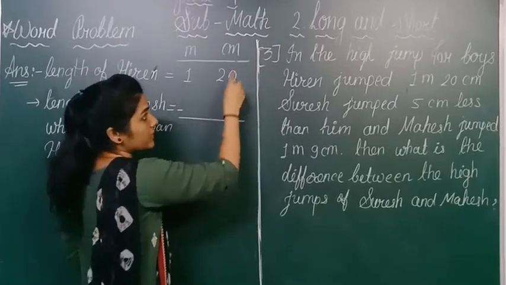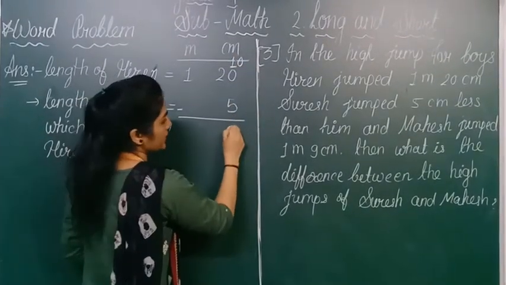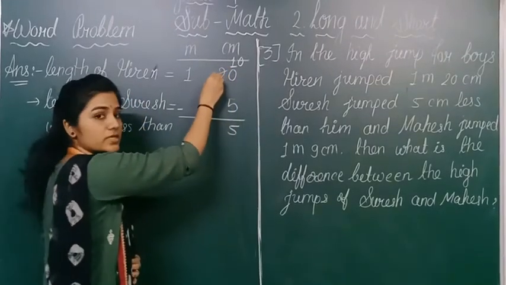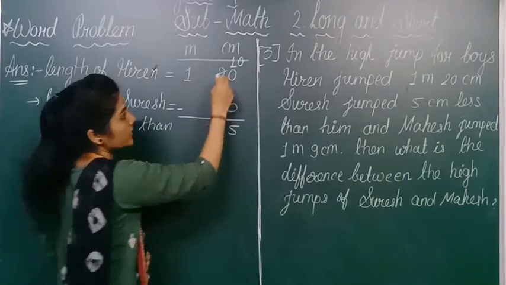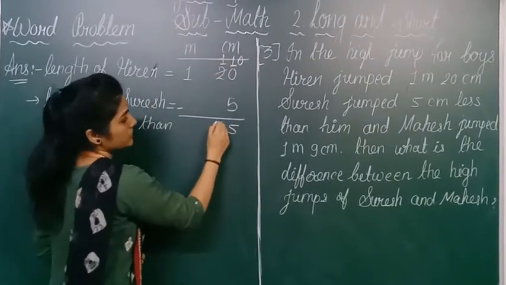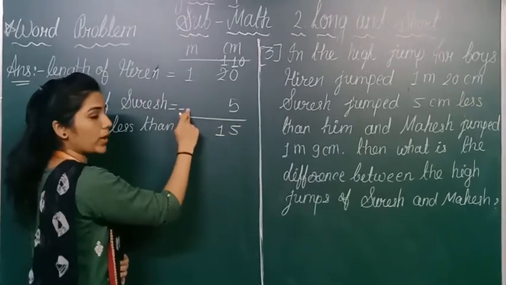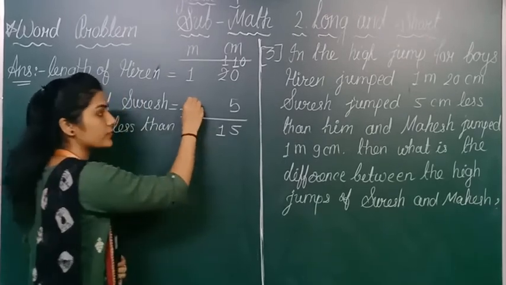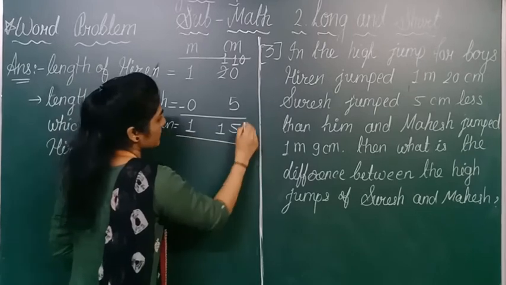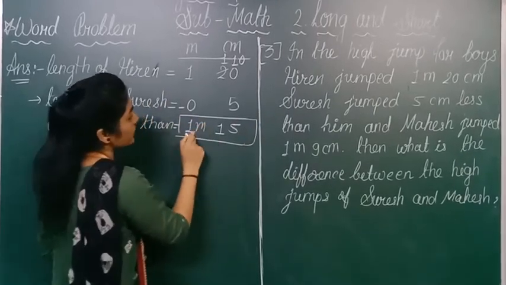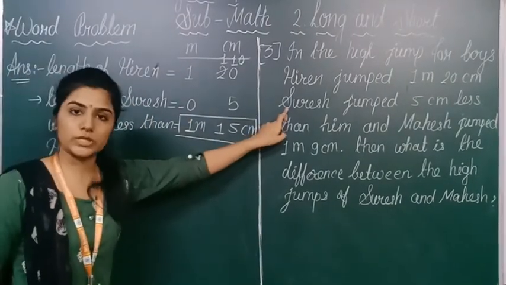First, we are putting here borrow number 10. So 10 minus 5, 5. And as we have discussed, our rule is one number less we have to write. So here 2 is given. So we are writing here 1. So 1 and 1. Downside there is no any digit. So you can write 0 from yourself. 1 minus 0, 1. That means our answer is 1 meter and 15 centimeter, which is perfect length of Suresh.